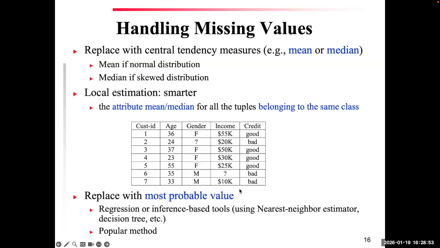Now, this is even better because people in the same class tend to be more similar. Like people with bad credit tend to have, for example, less income. And